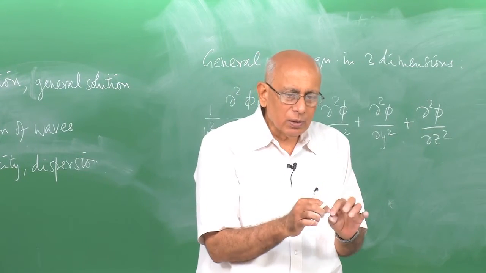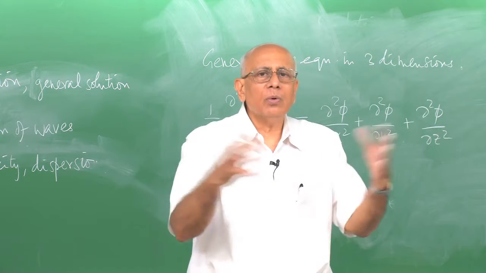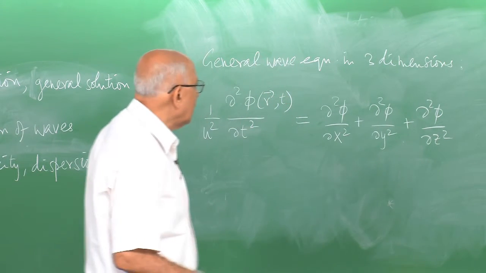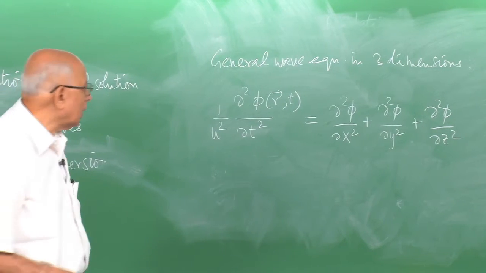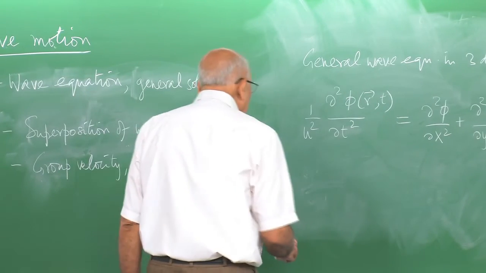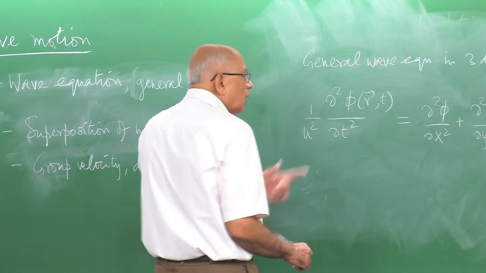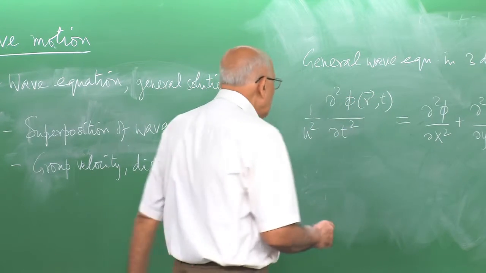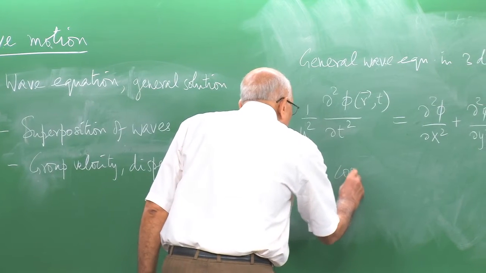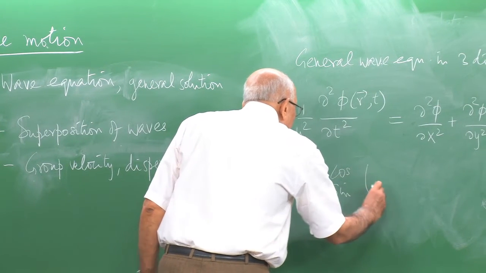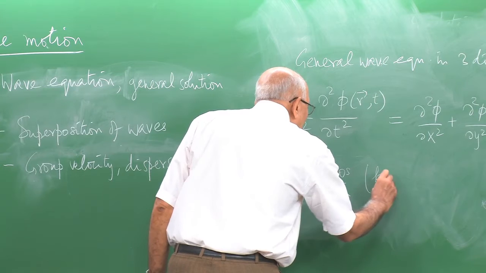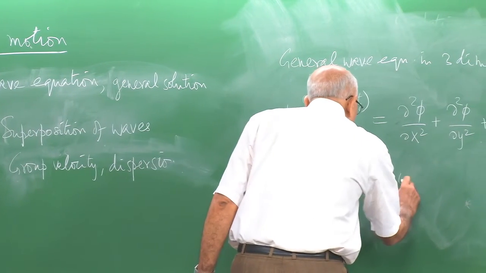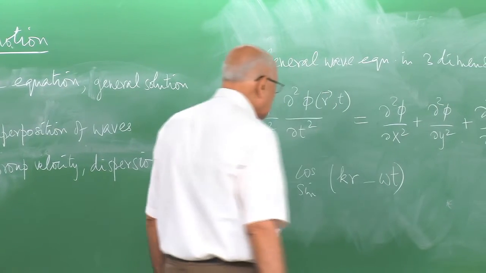So, I start with the source at the origin and it is putting out waves which are isotropic and go out in all directions. Okay. What kind of wave would that be? What kind of surface would that be? Well, in that case it turns out that unlike the sines and cosines we have been talking about here, you would have waves of the form cosine or sine of not kx but k times r minus omega t, for instance,